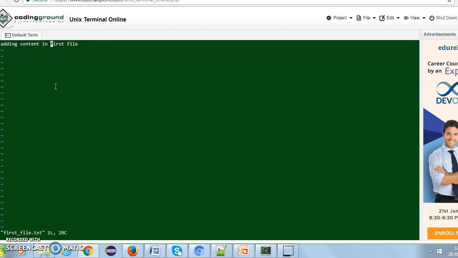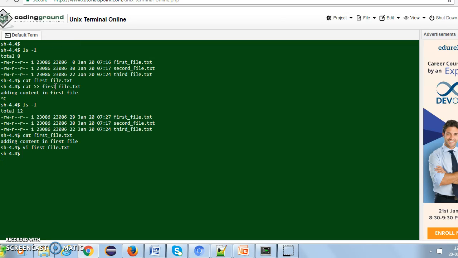I can move the cursor right and left, and if I want to add anything, I'll go into append mode. That is again moving to insertion, and let's say I'm adding another line, a new line. And then I will say